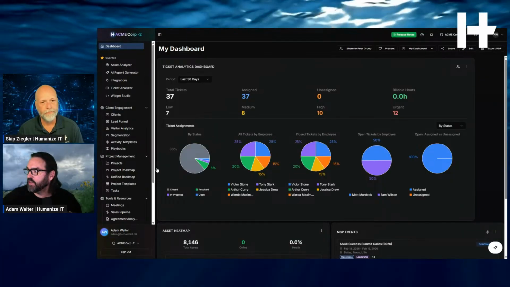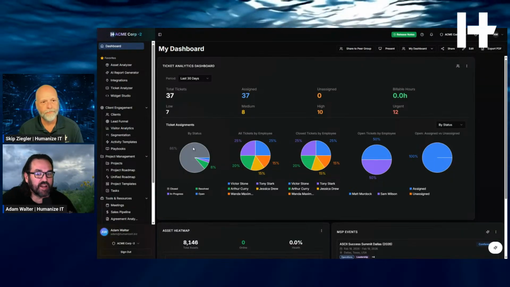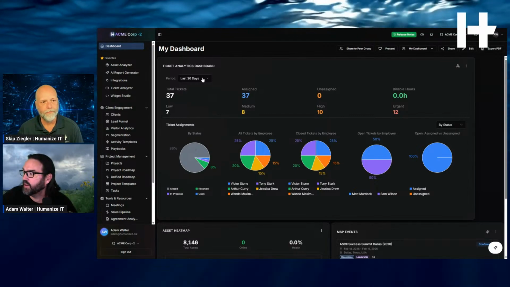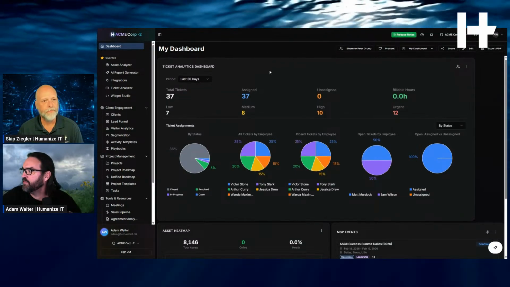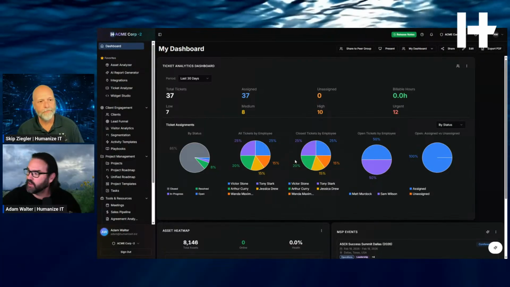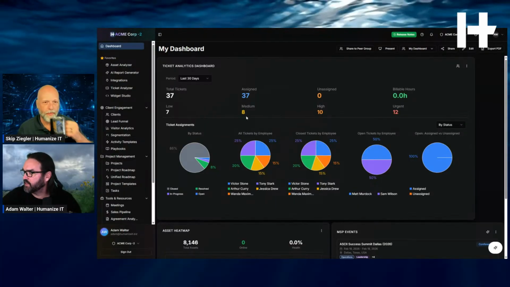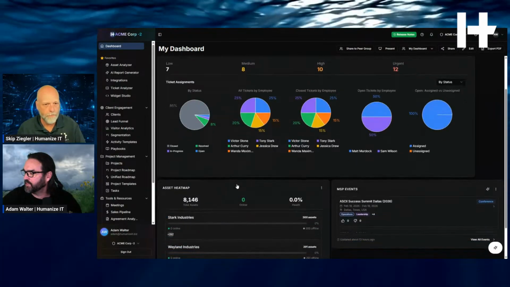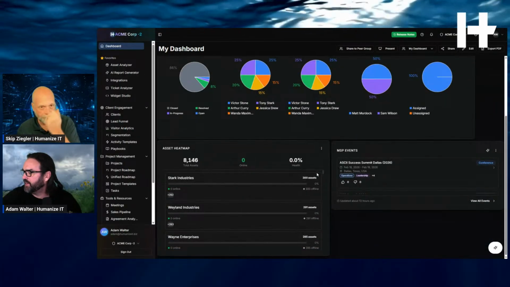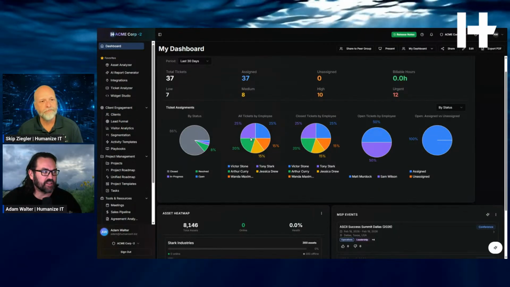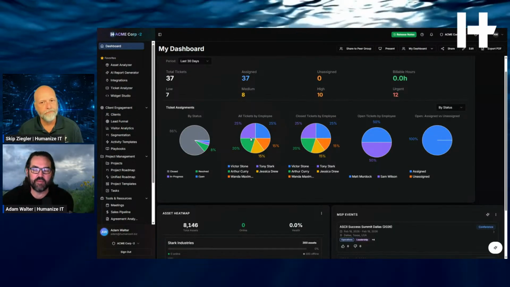This is the tool for you. But for those of you who are just like, I just need to get my job done, I want to use a virtual employee, I don't want to deal with all the back end work, then you come in here and, for instance, I've got all this data over here. Now what? Okay, what do I do with this? If you're a superhero person, you'll start seeing things here. But this is our mock data. What can I do with this? How do I action this? How does this make my business better? How does this make me money?